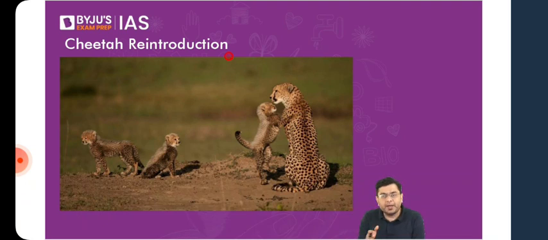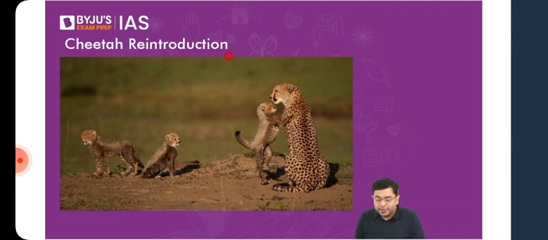Whenever you introduce any particular organism in a new environment, a wild environment, not in a zoo, the expectation is always that there will be a kind of decline in population. Initially, they will take some time to adapt. But continuously, the plan is to introduce around 10 to 12 to 15 cheetahs on an annual basis till their population increases to around 120, 150 odd individuals so that they are able to reproduce and sustain themselves naturally. Okay, so that is the aspect of Project Cheetah.